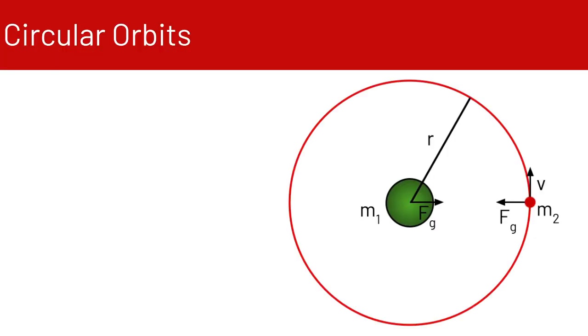All right, in this video we're going to look at circular orbits and how they're different from regular elliptical orbits. So here you can see we've got a diagram of a circular orbit. We've got this central body in the middle, which is M1. And then we've got the other smaller object orbiting around it, which is M2. Each object is exerting a gravitational force on the other, and M2 is traveling with a velocity v around the object.